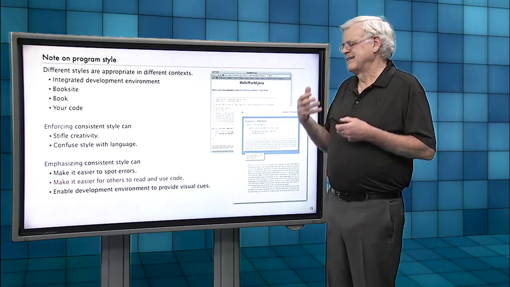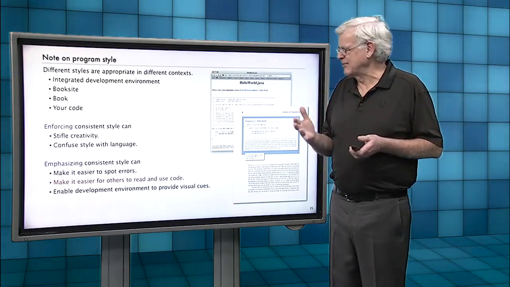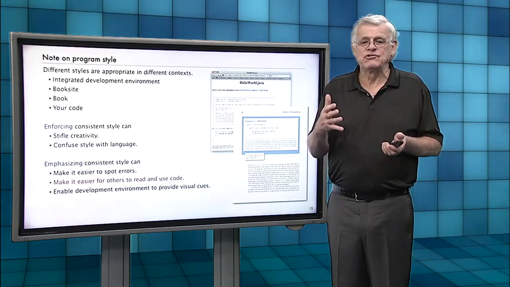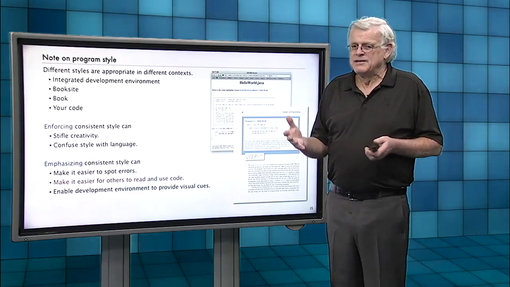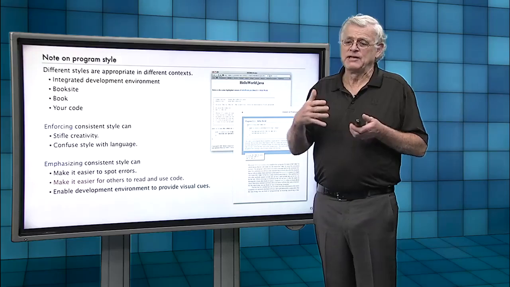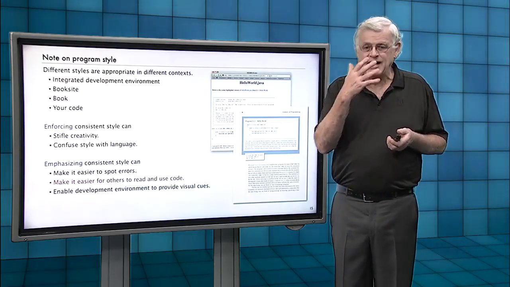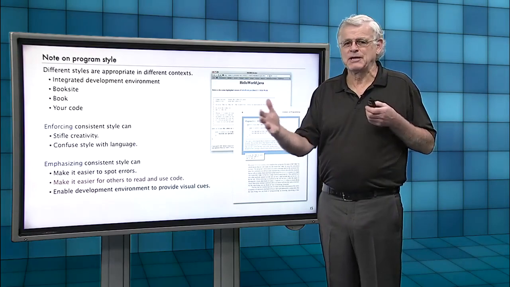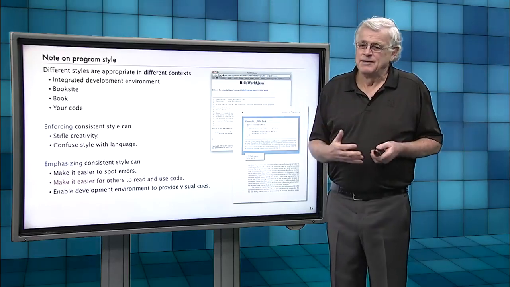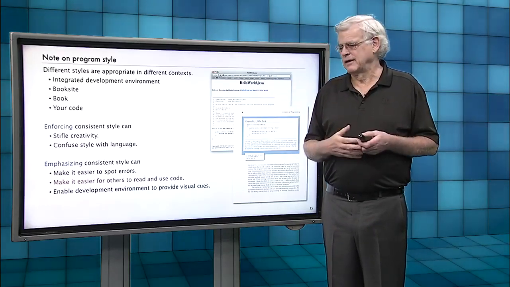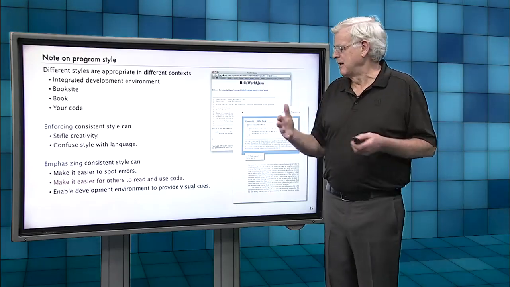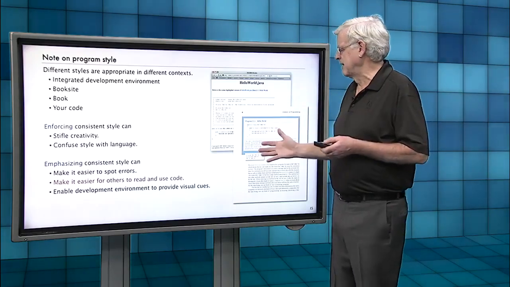On the other hand, we do like to usually emphasize consistent style. If you use the same style all the time, it makes it a little easier to spot errors in your programs. The main thing is it makes it easier for other people to read and use the code. So usually in a group of programmers or in a class, people agree on using some kind of consistent style so that they don't get confused by differences in style. But it's not so different than writing essays in a class and so forth. Often a teacher will insist on a certain style to make it easier to grade.